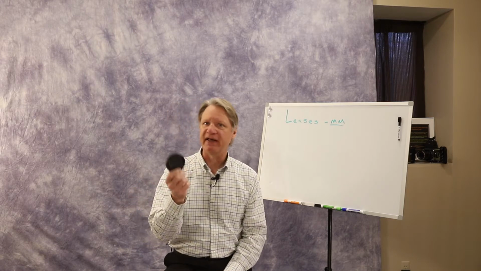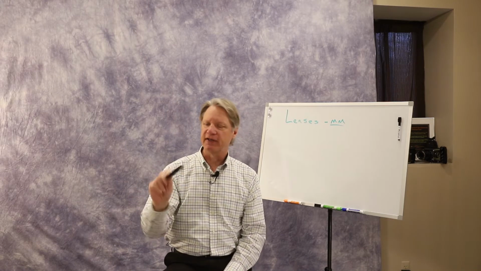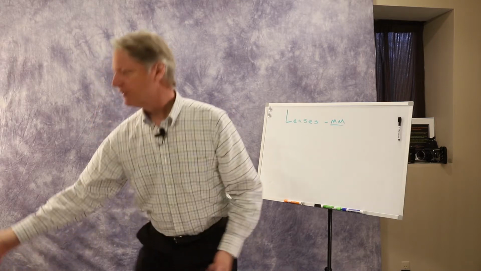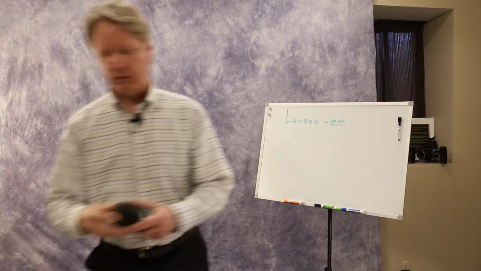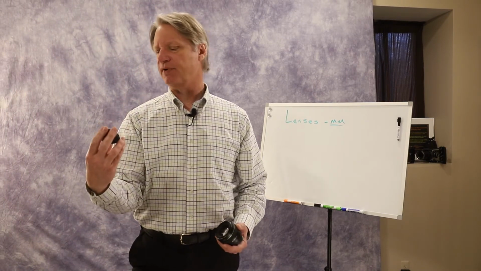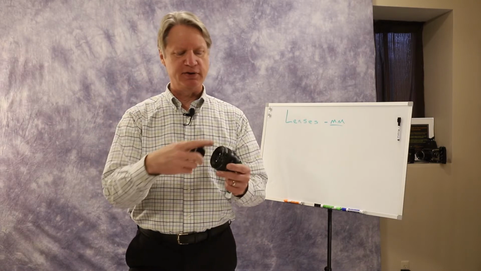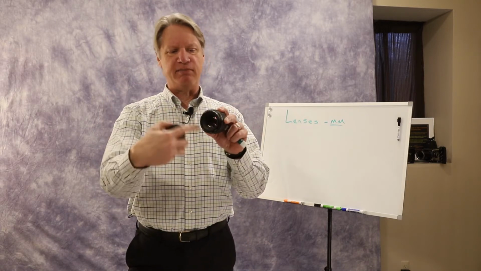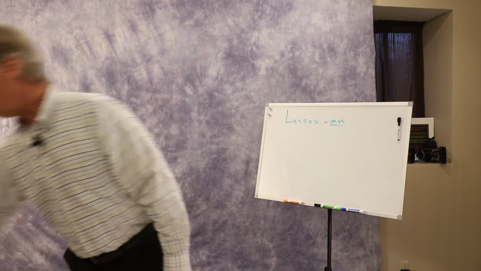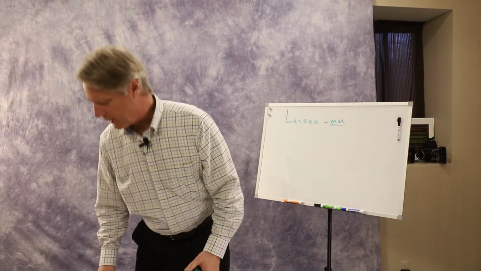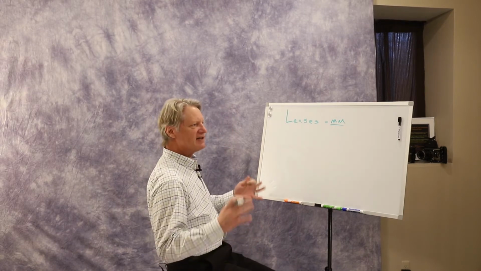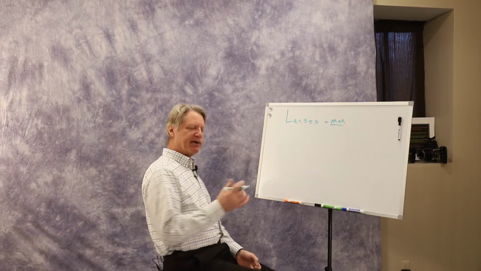Or if I lose my lens cap and I want to get a new lens cap, I would need a 77 millimeter lens cap. So for every lens, there'll be that information on the back inside of the lens cap. This one is 58 millimeters. And indeed, it's 58 millimeters diameter. Okay? So cool. The next thing about lenses is the size of the lens is expressed in millimeters, but it's